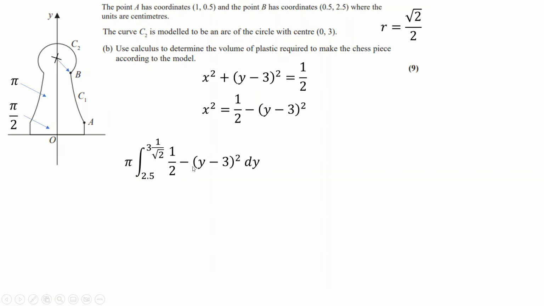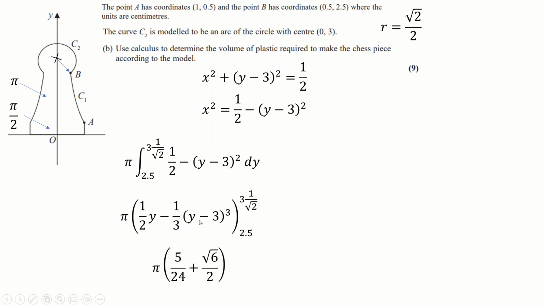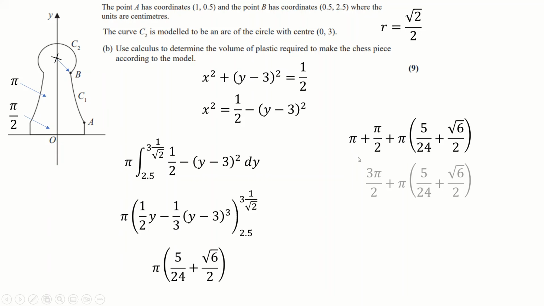And then x squared is just this, obviously, so that's good. And then I got the pi on the outside. I just need to integrate this, which again, it turns out to be quite easy. And then you can use the calculator to shove these things in, and you eventually get this. And so, of course, we just need to add that to pi over 2 and pi. This is 3 pi over 2, and then this is, I guess, 36 over 24. Add 5 is 41 over 24, and we'll end up with our final answer